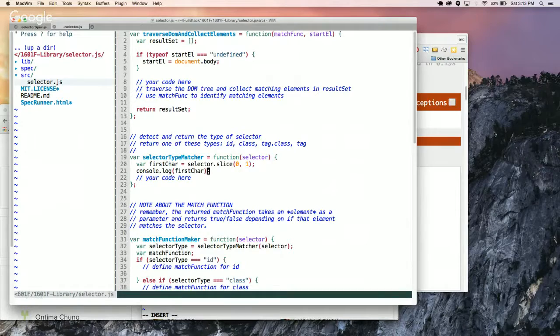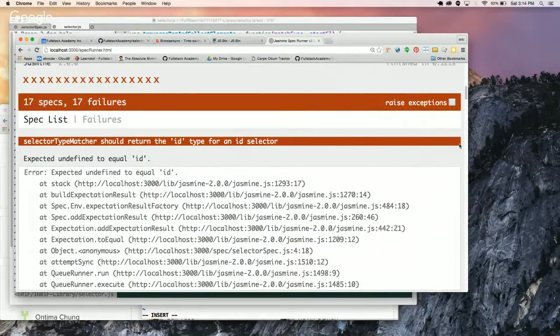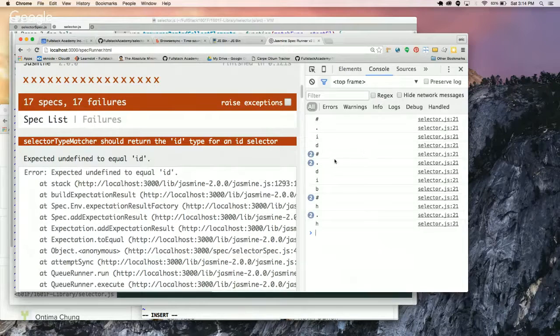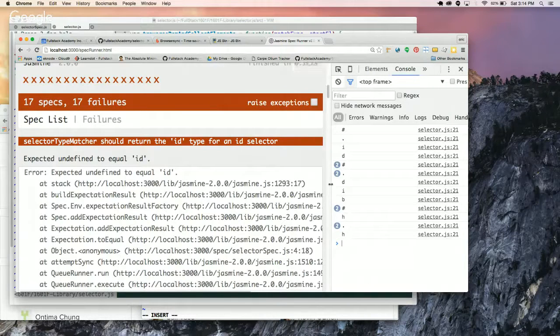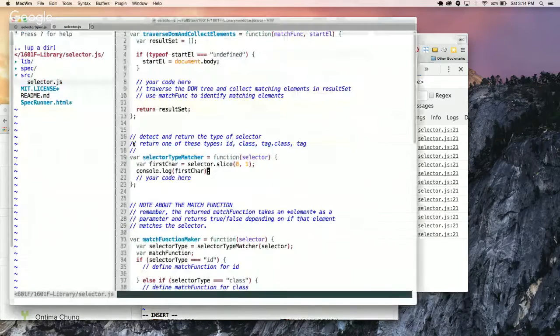I really just want one character here. Oh, it's a string. Slice operating on a string will basically just give you a string back. Okay, I was a little confused there for a second. It operates differently on arrays than it does on strings. Okay. So now that we have our first character, we could